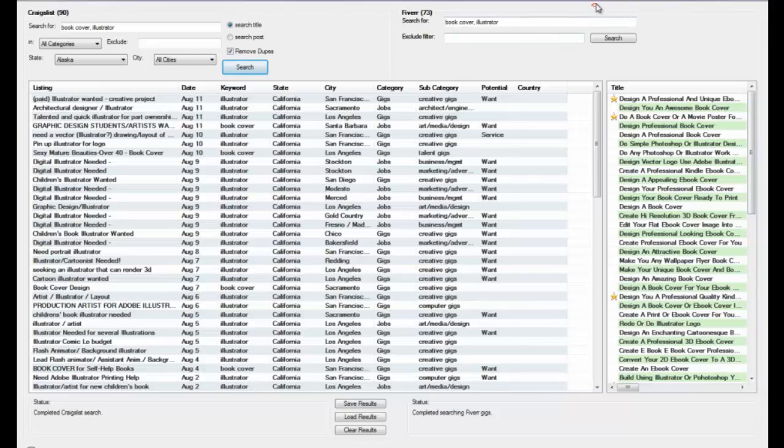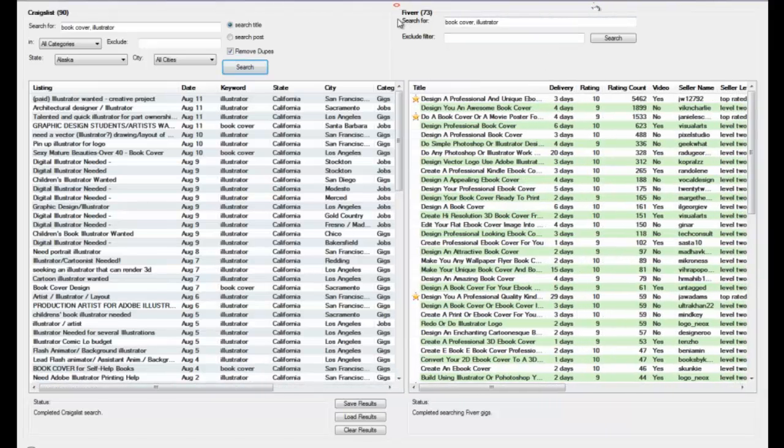Now let's grab the red guy over here. And down here, it just gives you a status when you've completed your Craigslist search. Down here, we have a feature. Perhaps not many people may use it, but we decided to include it because we know some people would like to use this. If you do a big search and for some reason you would like to save that result,